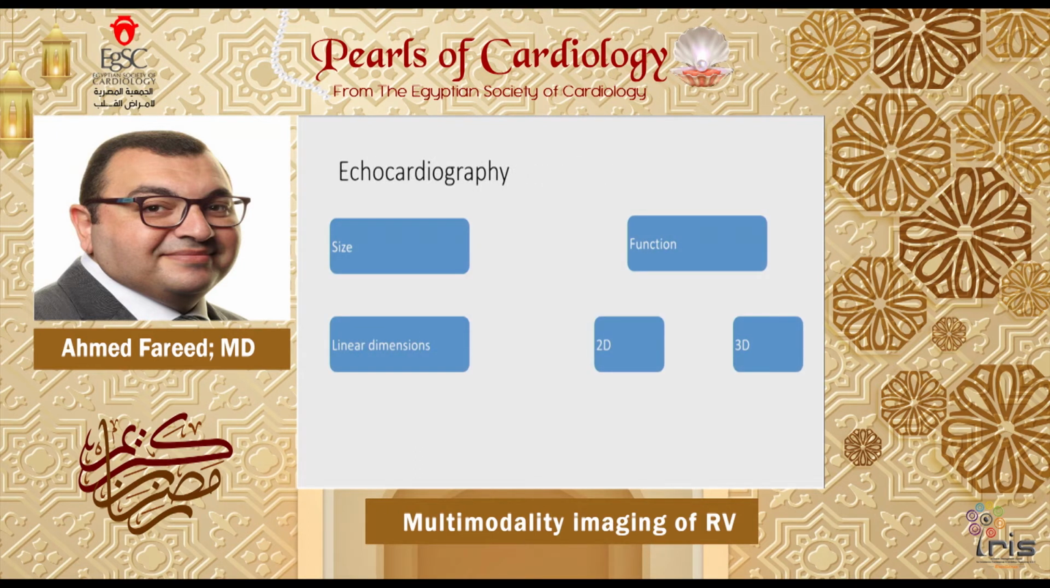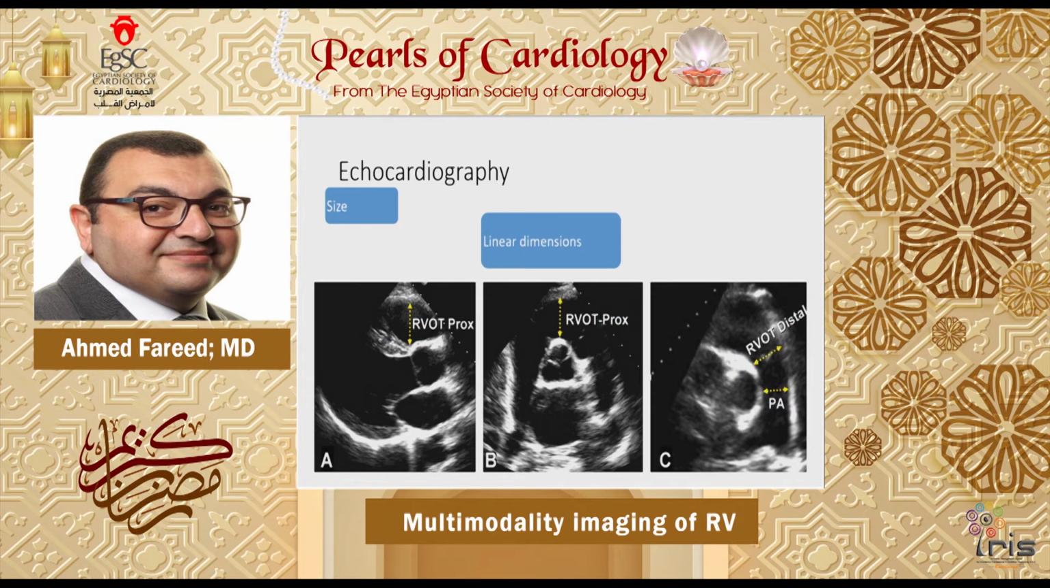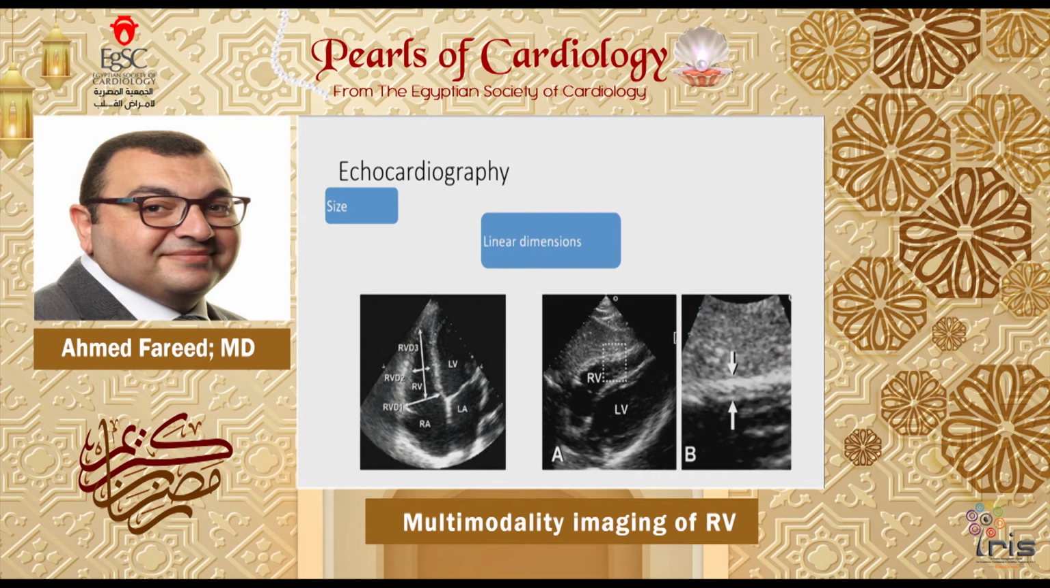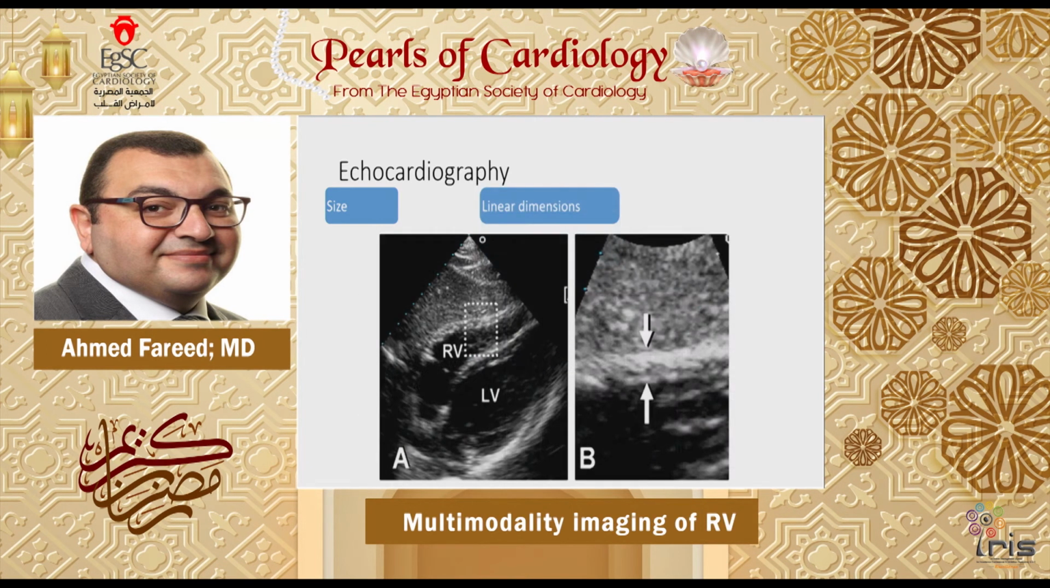We can assess either the size or the function. For the size, we can measure the linear dimensions, and for the function, we can use either the 2D or the 3D methods. So let's start with the linear dimensions. You can have here the right ventricular proximal dimension and the distal dimension below the RVOT. Also, we have the linear dimensions from the apical four-chamber view, the RV focused view. You can measure from here the mid diameter, the basal diameter, and the longitudinal diameter. And you can measure from the subcostal view